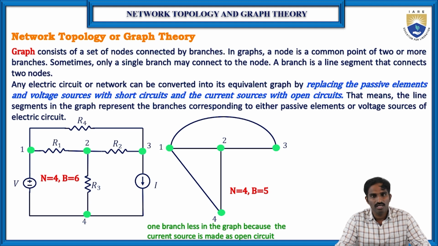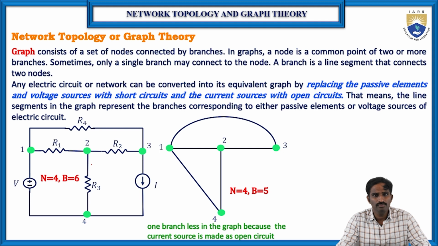The graph consists of a set of nodes connected by branches. In a graph, a node is a common point of two or more branches. Sometimes only a single branch may be connected to a node. A branch is a line segment that connects two nodes. So which means here,